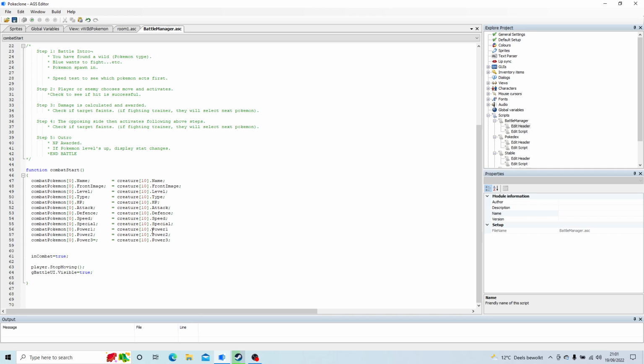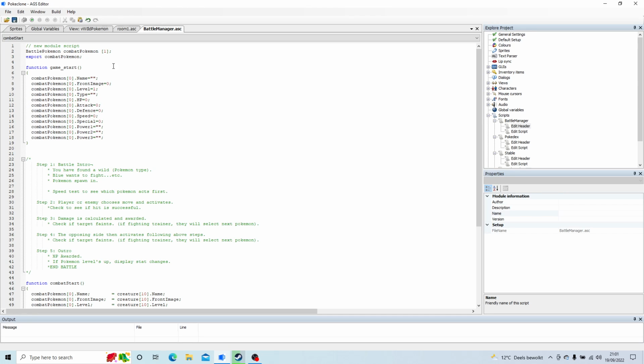Okay, so we're copying the Caterpie statistics into this, this is what we're going to use